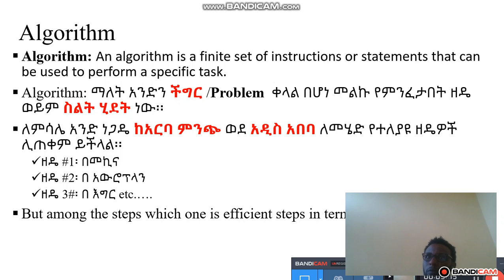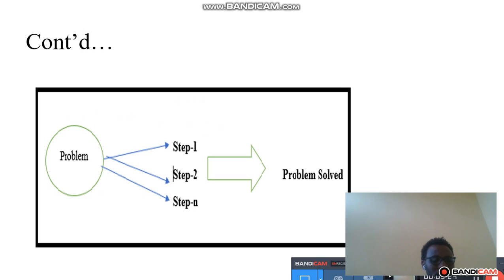that can be used to perform a specific tasks you should have to underline the specific tasks ለምሳሌ ይሄን ከወሰድን ለምሳሌ አንድ ፕሮብለም አለን ይሄን ፕሮብለም ለምሳሌ ሶልቭ ለማድረግ ስቴፕ 1 እንከተል እንችላለን ስቴፕ 2 ስቴፕስ up to step of n ልንከተል እንችላለን ማለት ነው ግን among those algorithms which one is efficient in terms of time and memory የሚለውን ነገር consider ማድረግ አለብን finally you will solve this problem by using those steps